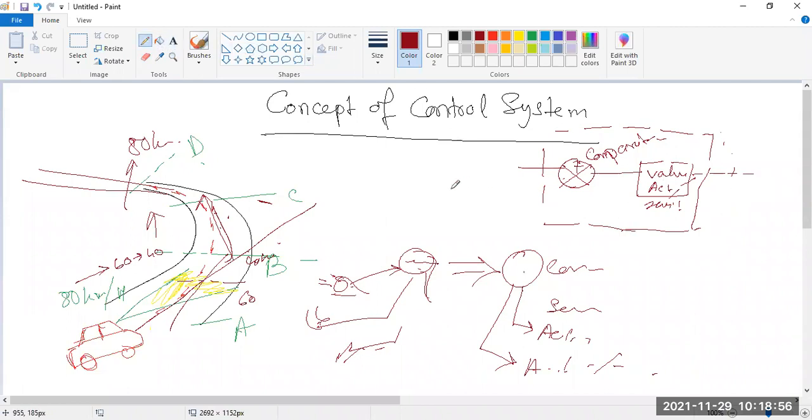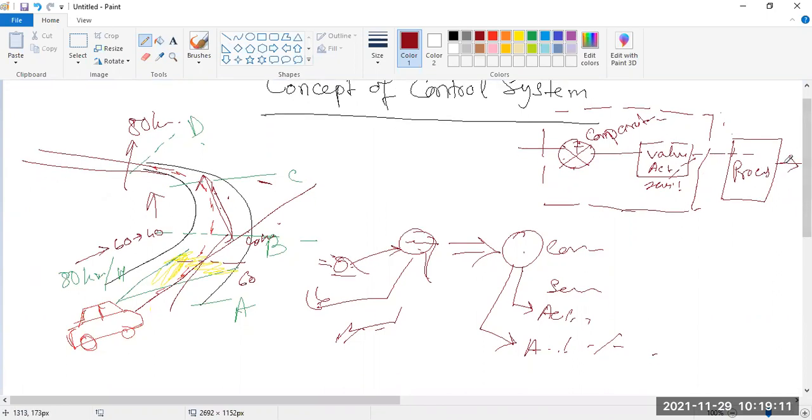Okay, and your eye gives you some message. This message is actually a feedback message. And this is your process, and the process is going to the output, and from this output some message is given to the controller, which is known as feedback. So this control strategy is represented by this diagram.